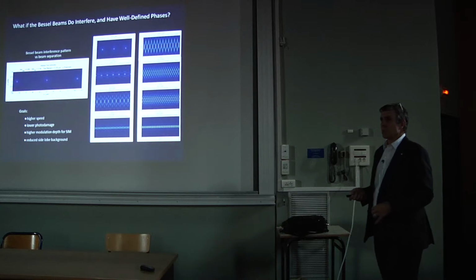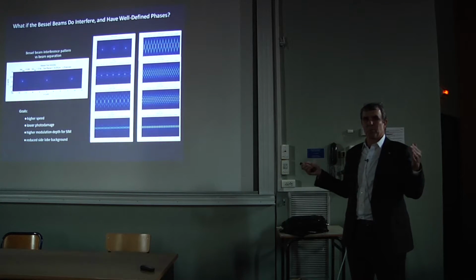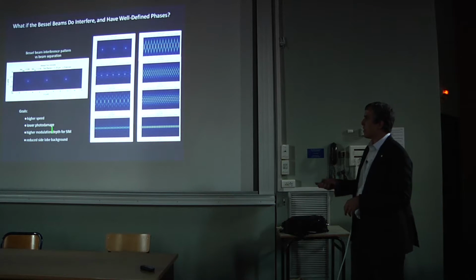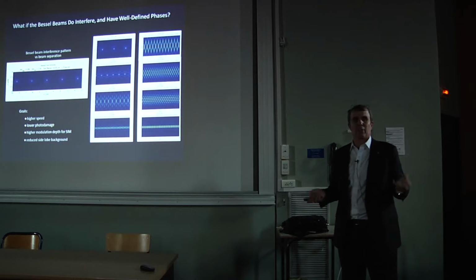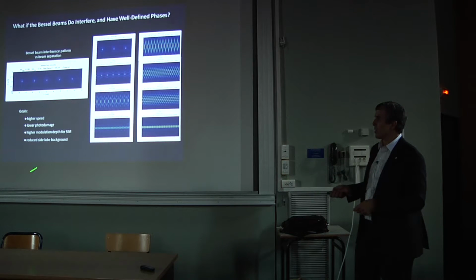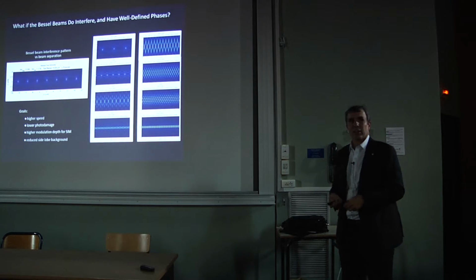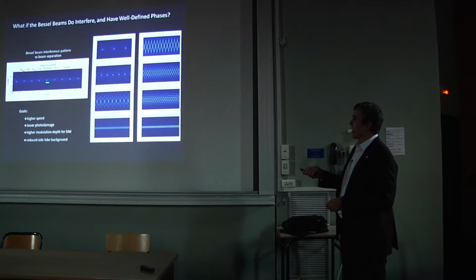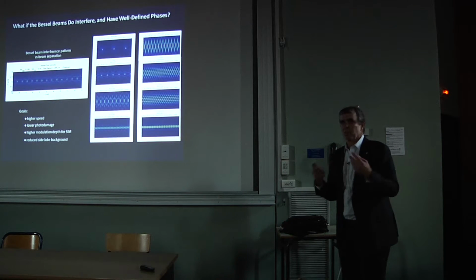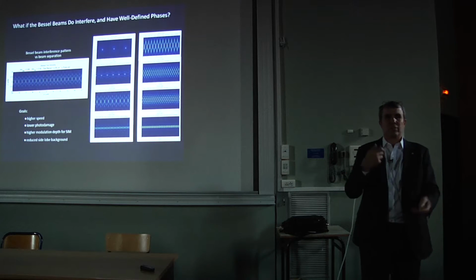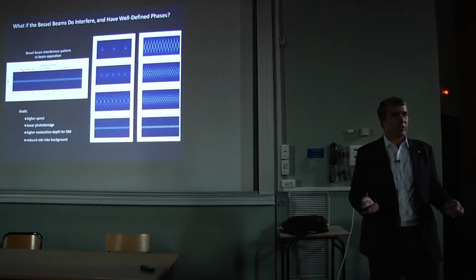So the problem is that if you have more beams and pack them in closer and closer together, you start to have interference effects between the side lobes of adjacent beams. So you have to model that. And so I started to model that, and what you find is as the beams get closer and closer together, you go through these crazy resonances and anti-resonances of constructive and destructive interference.